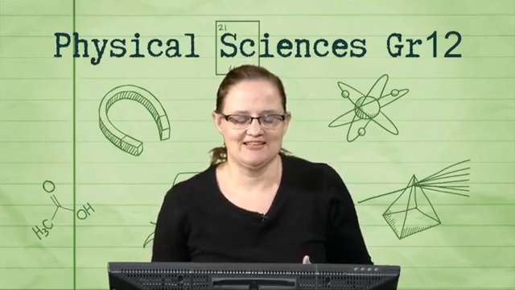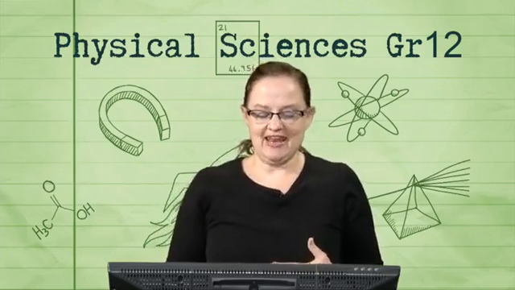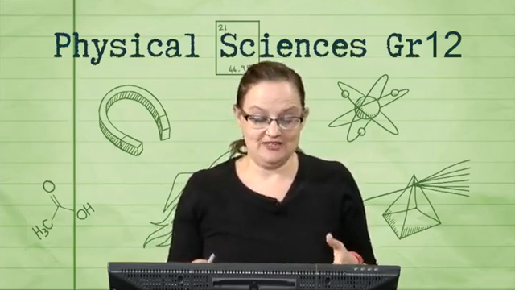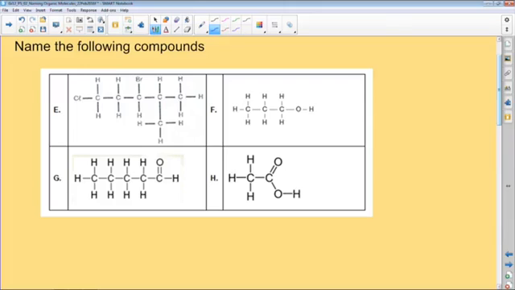All right, grade 12s, let's see how you've done. Out of these four that we've got left here, E is probably the most difficult. So now we look at E and we go, okay, we've got to find the longest chain. It's got to have the chlorine and the bromine in it. So we've got a chlorine over here, we've got a bromine over here, and my longest chain is going